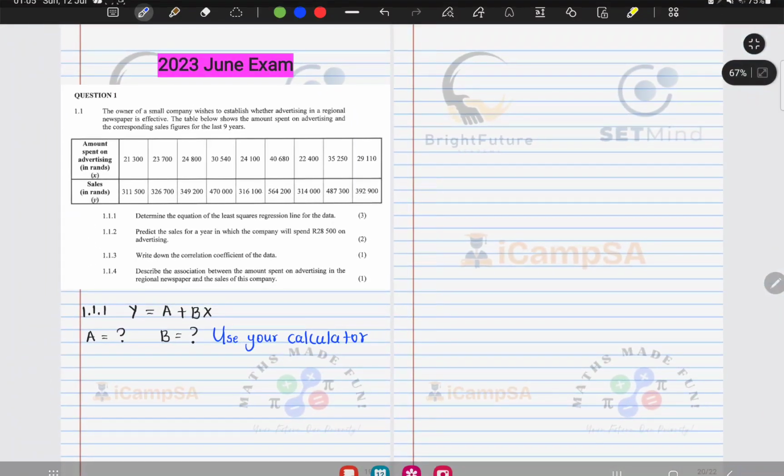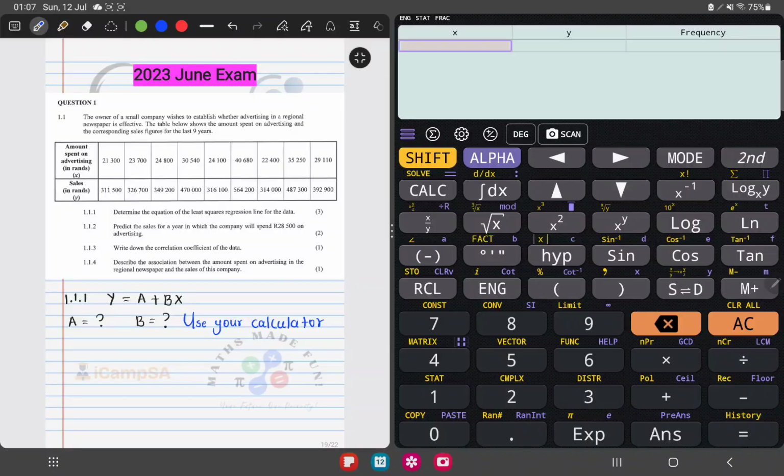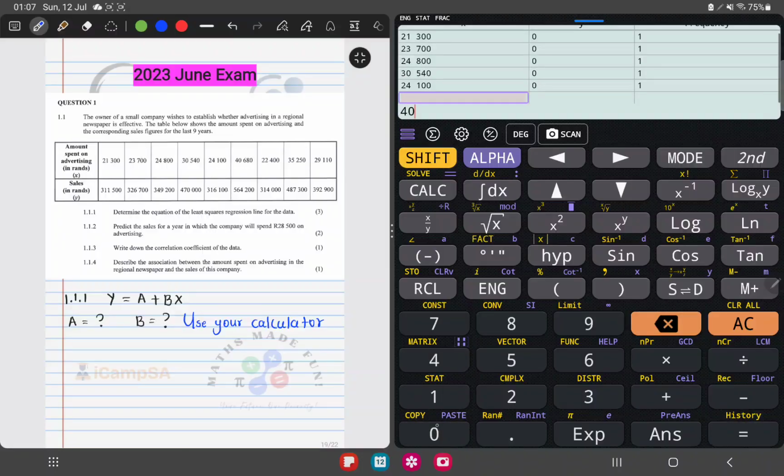Okay, so I'm gonna go ahead and punch on my calculator. What you can do, guys, as we did before, is put in your data. So you have X, that is 21,300, and then 23,700, and then if you look carefully, you have 24,800, and then the next one is 30,540, then you have 24,100, then you have